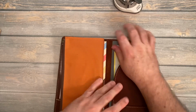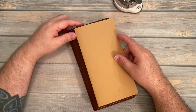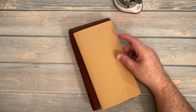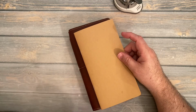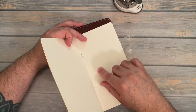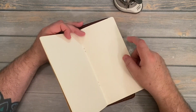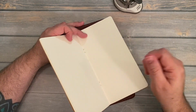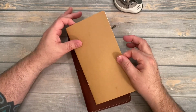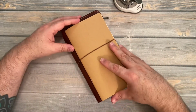Yeah, love that thing. So, I hope this was a helpful video. And you can use any paper. If you want to make an insert of any size, and you just want to have a little pocket notebook to go, in the monthly calendars, there's those dot grid pages. Just take those dot grid pages, print those out, bind them either this way or the previous way I showed you with the stitching, and cut it down, and you'll have your own insert to go,